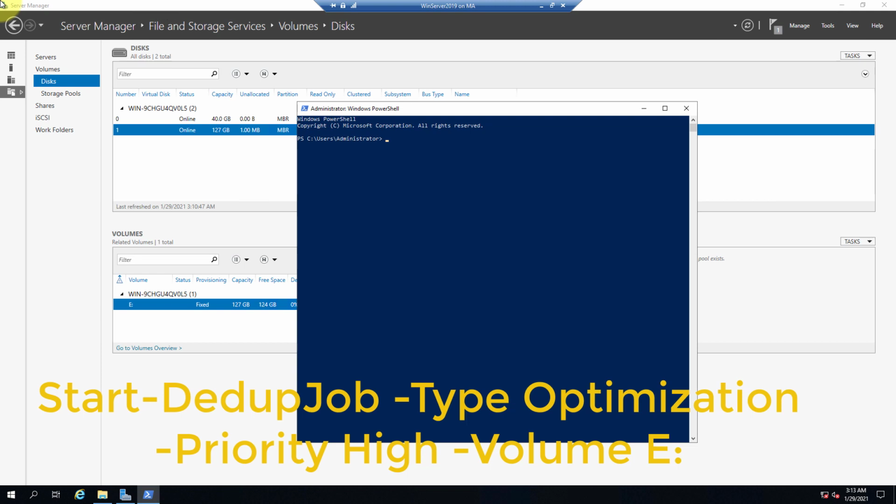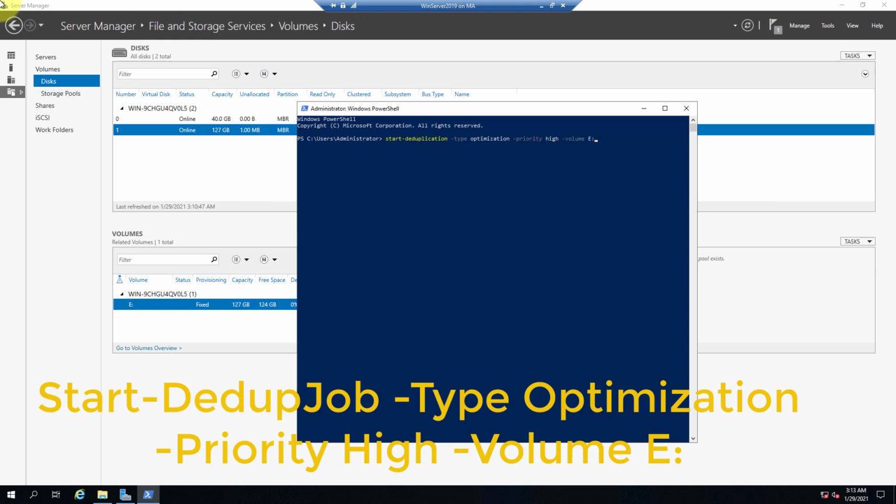After opening PowerShell, type the following command: start deduplication job, type optimization, volume E, and I'll also put priority high.